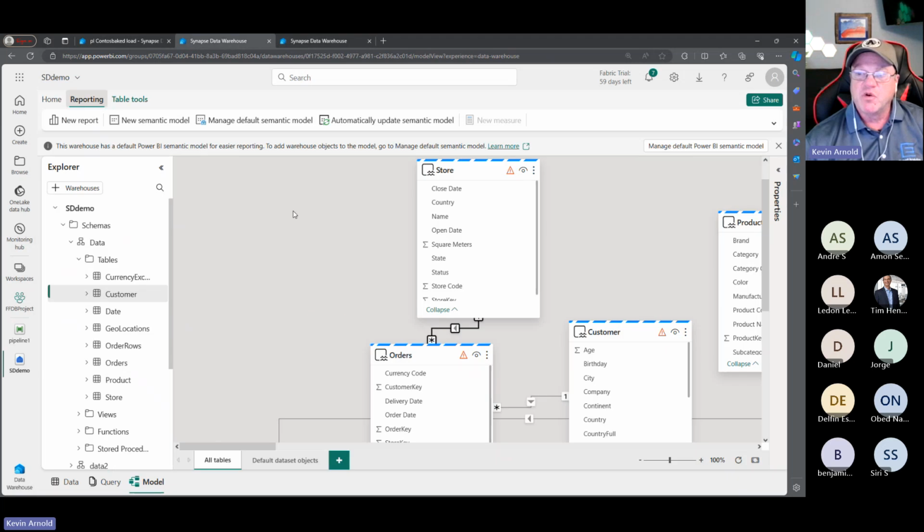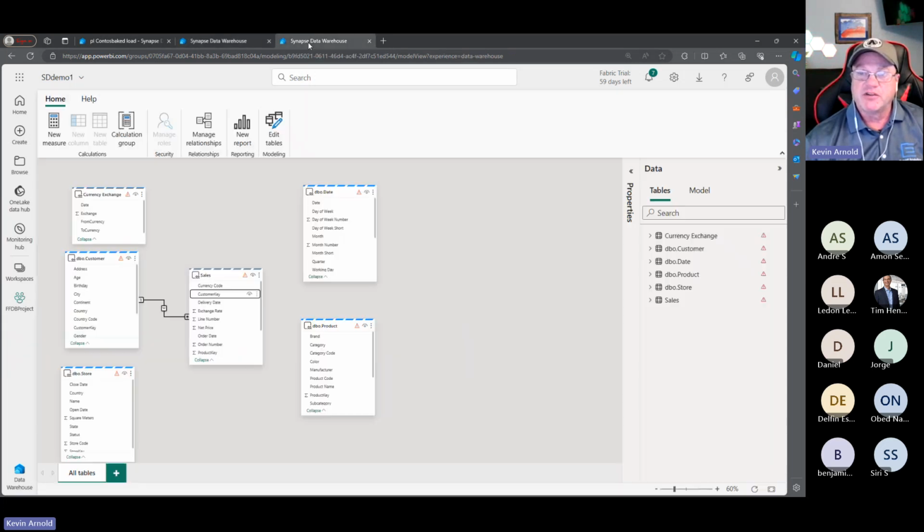On this default one, we could do changes here, but if I make changes to the underlying objects, it could end up resyncing it and changing it. That's one of the reasons that I tend not to do a whole lot on this. If you also notice, when I'm looking at things like table tools on the default data set, and it's always important to clarify whether you're looking at a default data set or one that was produced, here I could produce a calculation group. On the other one, I couldn't.